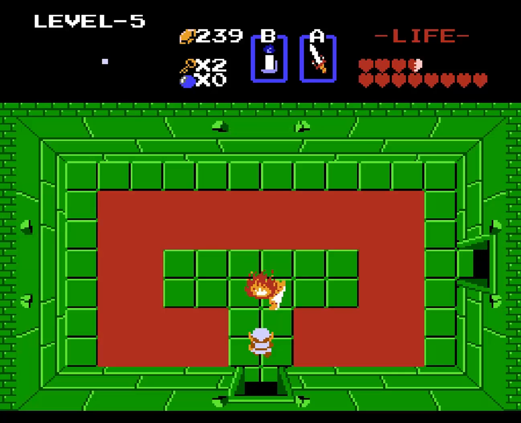And I have the map. And the map will show me where I need to go. Well, actually, it'll show me the level itself. It doesn't exactly show me where I need to go. That's what the compass does. We'll get the compass a little bit later in this level, so I really can't do anything else in this